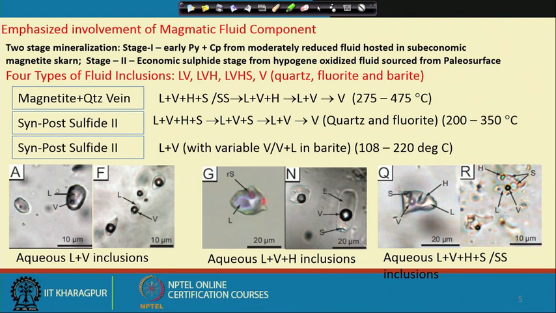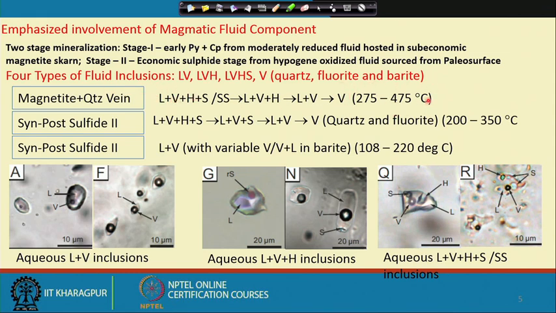There are also some inclusions which contain some red minerals, maybe iron oxide, or sometimes opaques, and these represent the most saline of the fluid components, consisting of multiple daughter phases along with halite. So, in this case, the liquid vapor plus solid plus more than one solid kind of inclusions are obtained from the magnetite quartz vein,